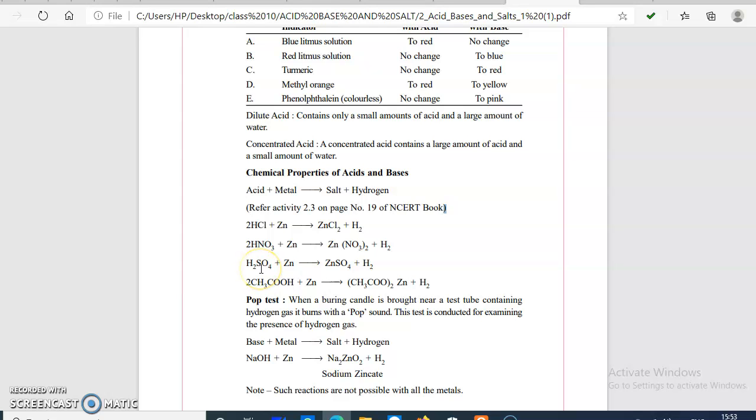A more reactive metal can replace a less reactive substance from the solution. So this zinc is more reactive, so it replaces hydrogen from the solution and forms salt plus hydrogen. Okay. Now in the next class we will do the next